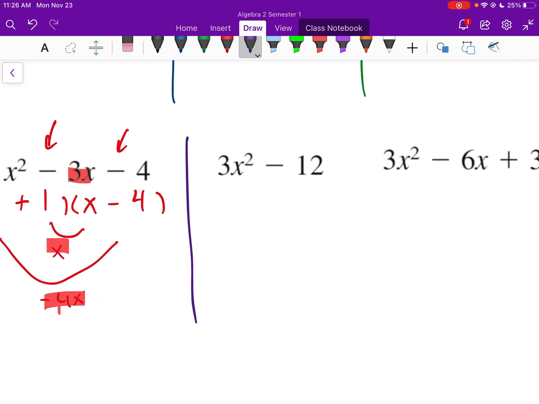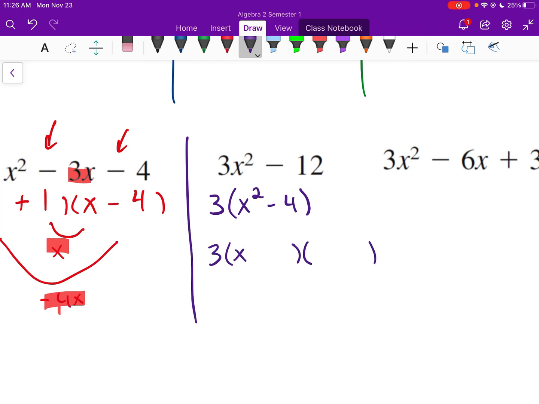All right, again here, greatest common factor, there is one. It is 3. 3 times x squared minus 4. Now I still have that square term in there, so there's a possibility that it factors further. And I notice that it is a difference of squares on the inside. So 3